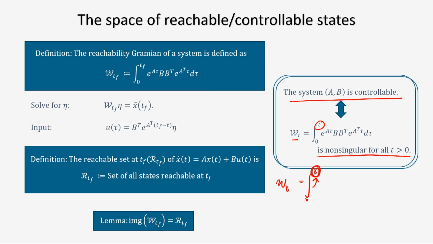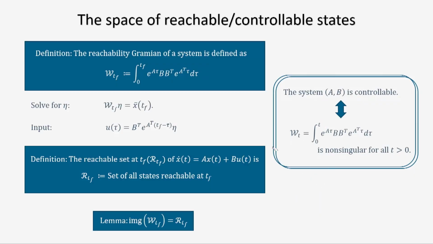Remember, Wt is a constant matrix, right? Because I have done the integration and the definite integral I have put into the matrix. We saw that example in the previous lecture, so that when we put the definite integral, it became a constant matrix. We are saying that whatever value of t you put, Wt will always come out to be a non-singular matrix, if the system is controllable. If the system is not controllable, it will not be true. But if the system is controllable, this has to be true.